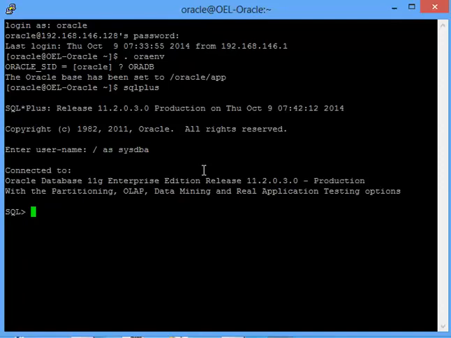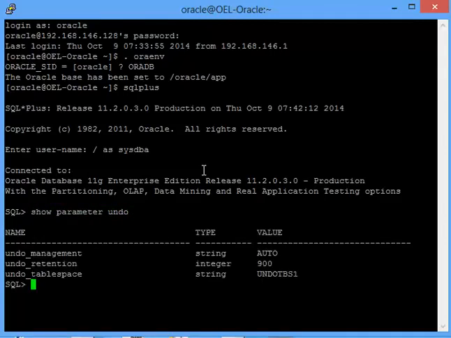The first thing you have to check when someone has asked you to bring back the table as of so and so time is your undo retention period. How will you check the undo retention, and is undo management automatic? Yes, it is automatic, and my undo retention on this database is 900 seconds, that is 15 minutes.